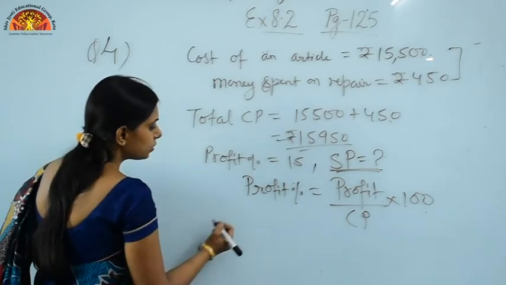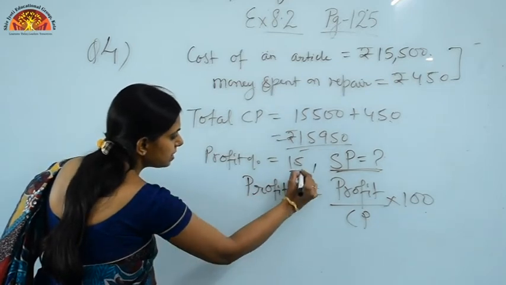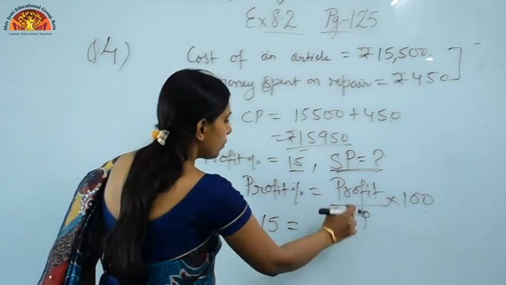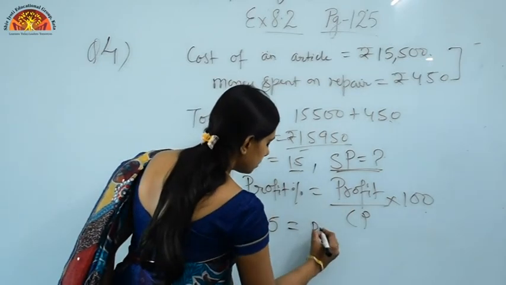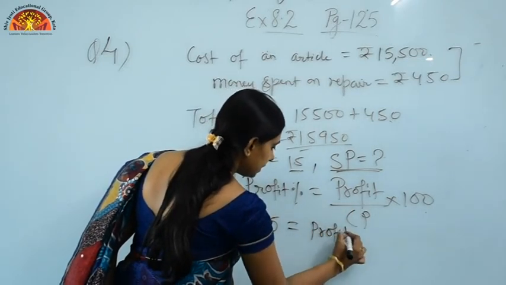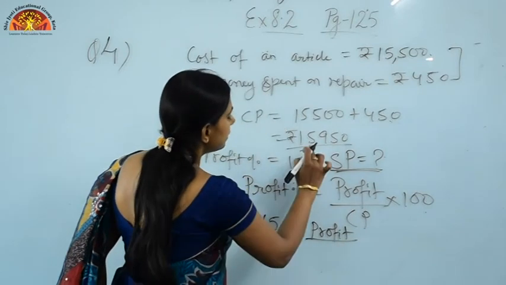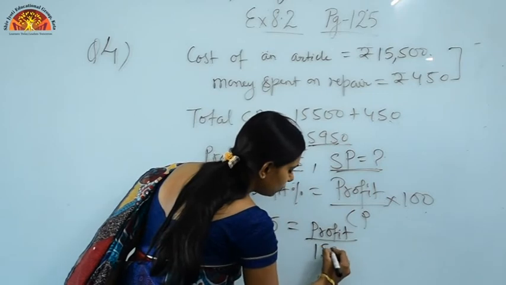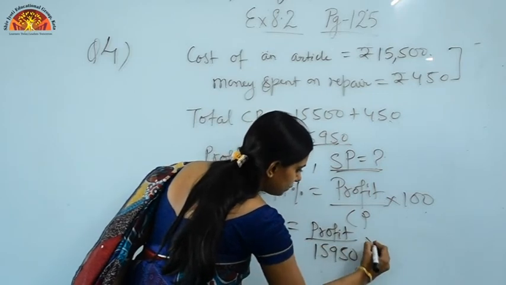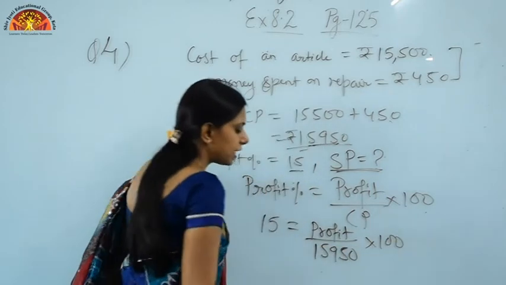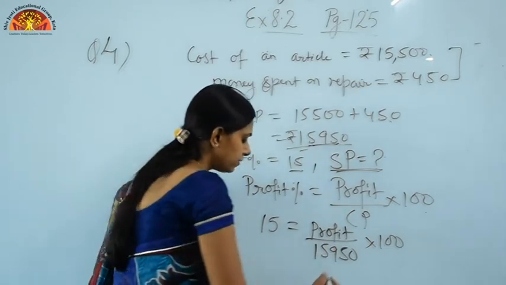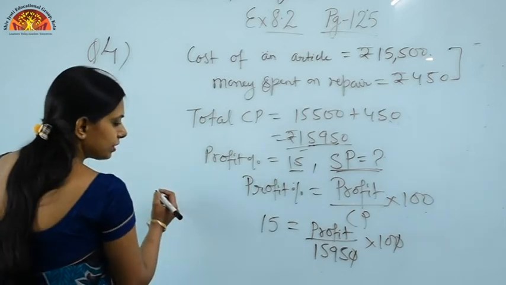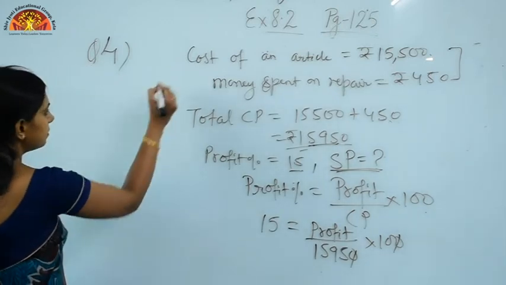Now we'll just substitute the value. Profit percent कितना है हमारे पास, that is 15. So we'll just write 15. Now profit upon CP, profit हमें पता नहीं है, cost price कितनी है हमारे पास, that is 15,950. So we'll just place the value 15,950 into 100. Now you can just solve it. So we can just write it over here, that is